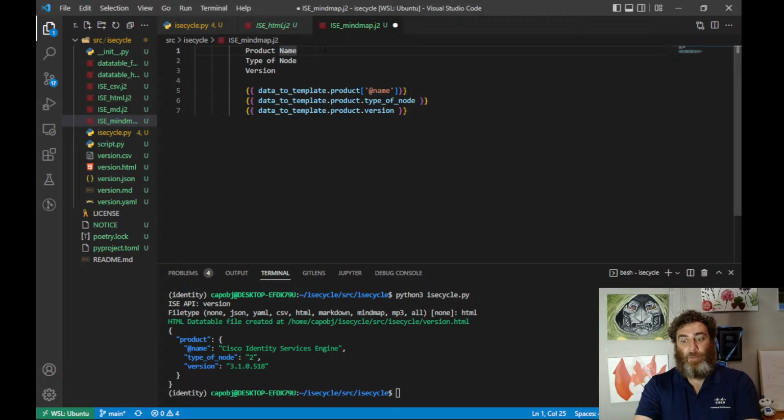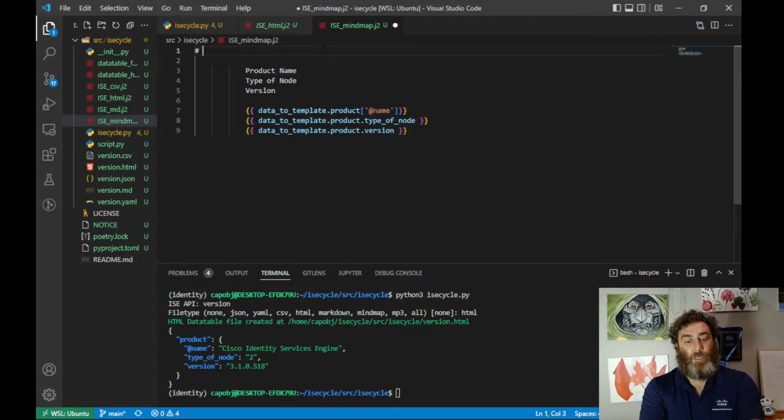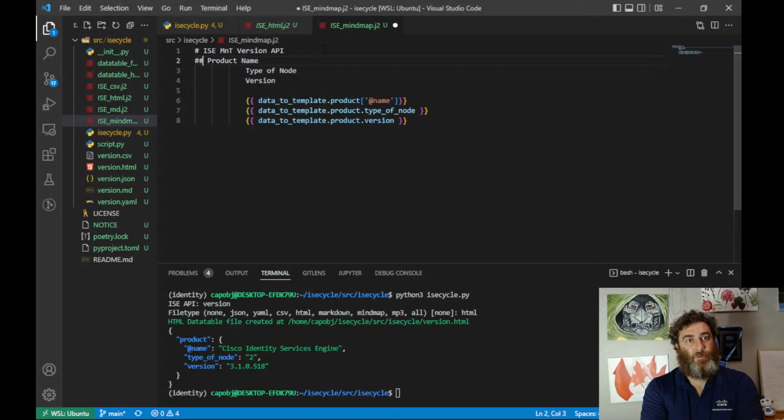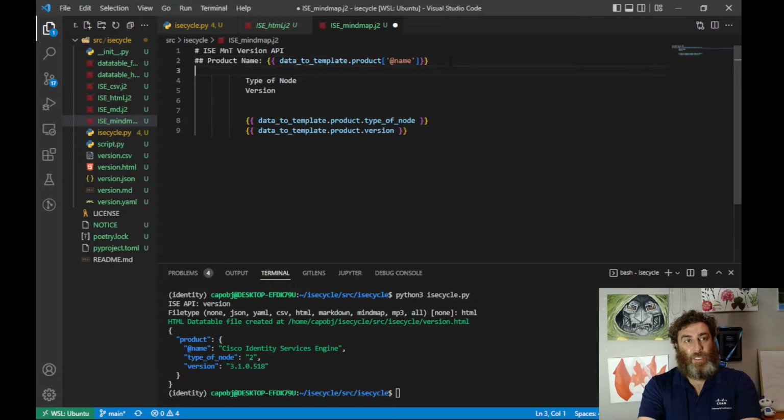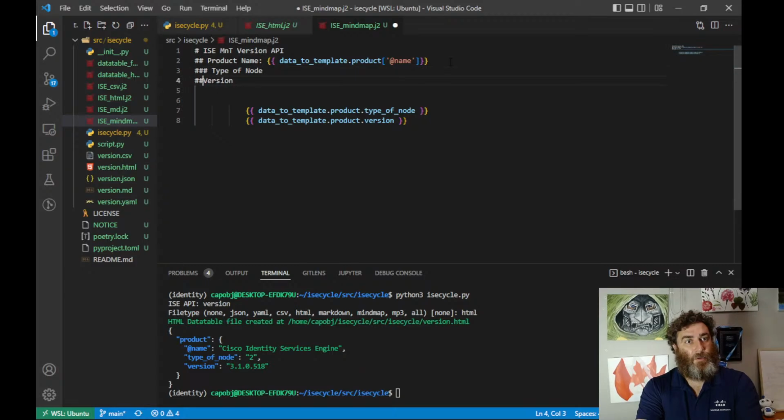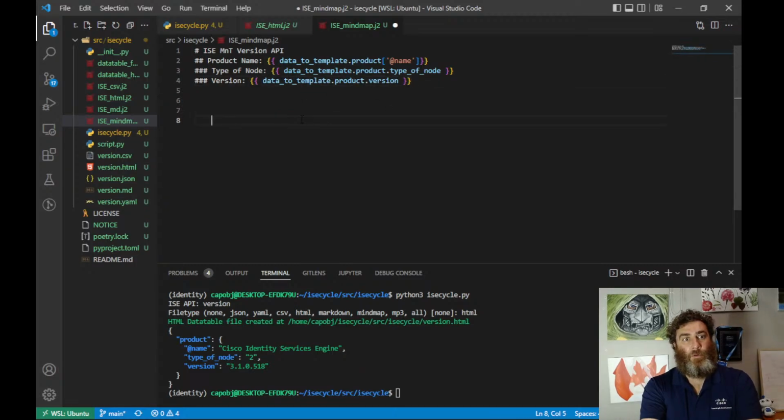So now to make the mind map, I'm simply going to do this. I'm going to do one pound symbol and call this ISE MNT version API. I'm going to put two pound symbols in front of product name and take the variable. And let's just make this, for the sake of having fun, 3 levels of nodes. So type of node, version, right? Type of node, version, get rid of the white space, save the file,